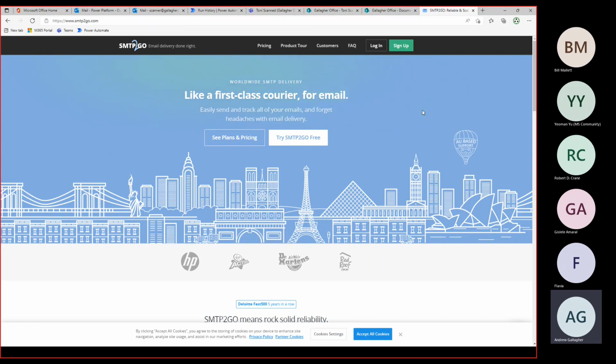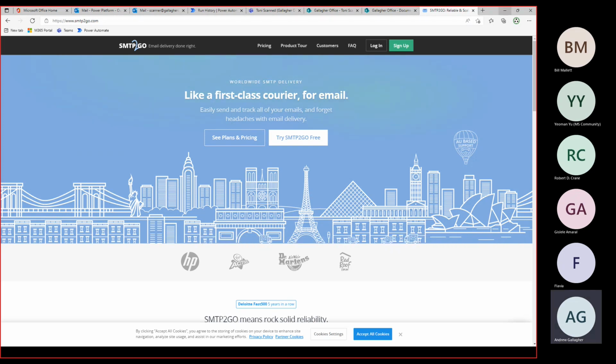As you can see, there's a free version that allows you to send, I think it's a couple of hundred scans, which, you know, for small business, that's probably enough in a week or a month. And that's an easy way to set up the printer without touching any of your Microsoft 365 products.